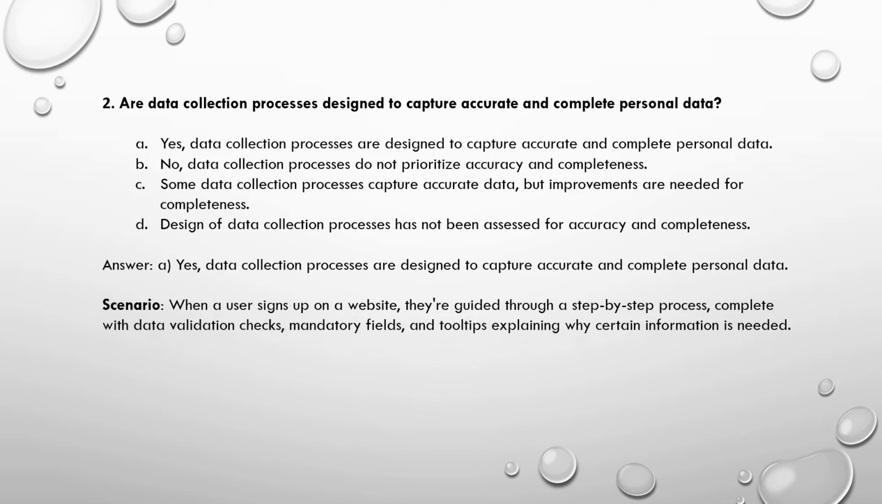One scenario here: when a user signs up on a website, they are guided through a step-by-step process, complete with data validation checks, mandatory fields, and tool tips explaining why certain information is needed. So if you have such validation mechanisms, and the users have to choose whether it is a mandatory field or an optional field, and there are tips explaining why such information is really needed, then that means you are following